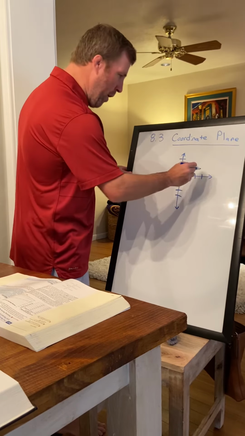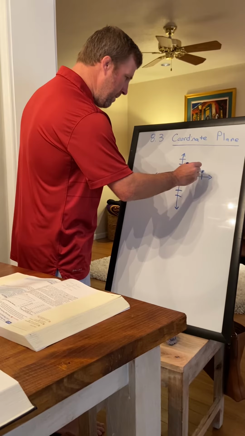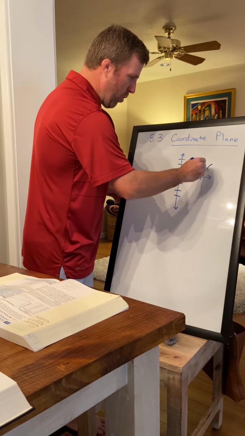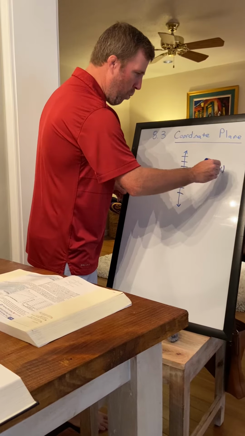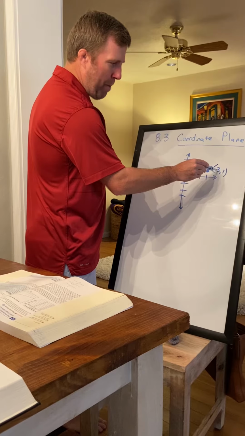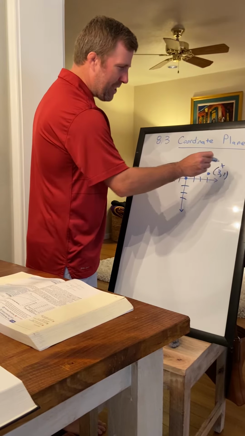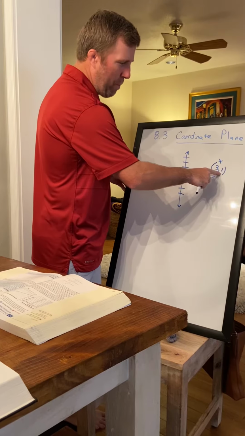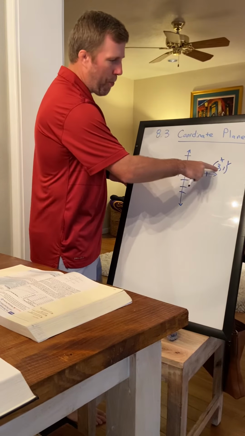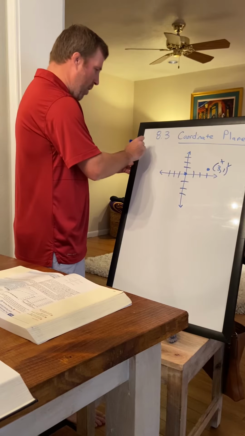For instance, this point right here in the coordinate plane system has the ordered pair 3, 1. That first number in the ordered pair represents the x. The second number in the ordered pair represents the y. So that first number, the 3, the x coordinate,